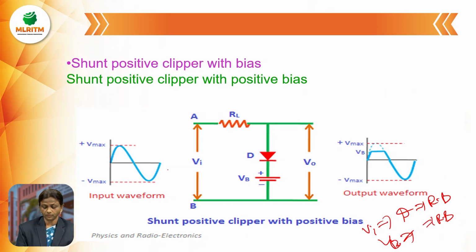That's why during the negative half cycle, you can get the total negative half cycle at the output side. There is no cutoff or removal portion during the negative half cycle at the output side. From the x-axis to V maximum, minus V maximum, you get the total negative half cycle. That's why this portion must be represented by a thick line, and the waveform will be like this.